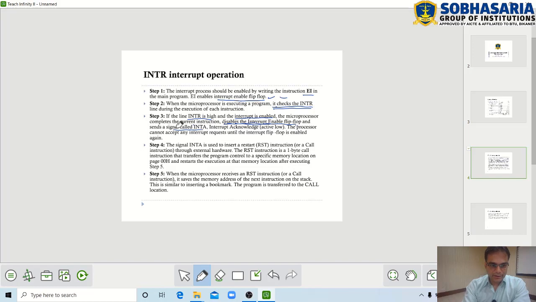And then a signal called INTA is sent out from the microprocessor to the external device which is sending the INTR signal. This is called interrupt acknowledgement, which is active low in nature. So how is this INTA signal going to play an important role here? This INTA is used to insert an RST instruction or call instruction through this external hardware, right?